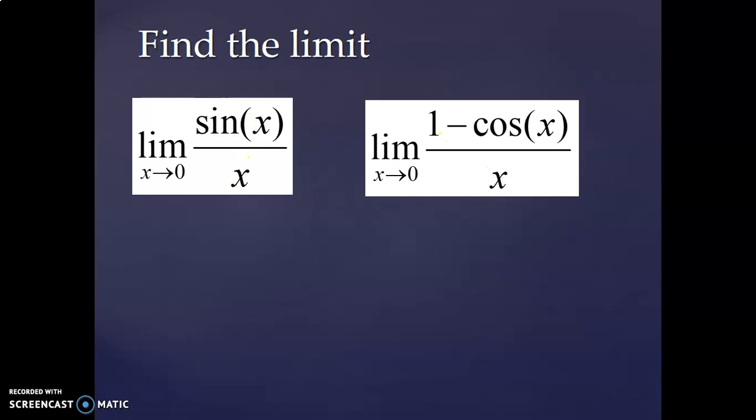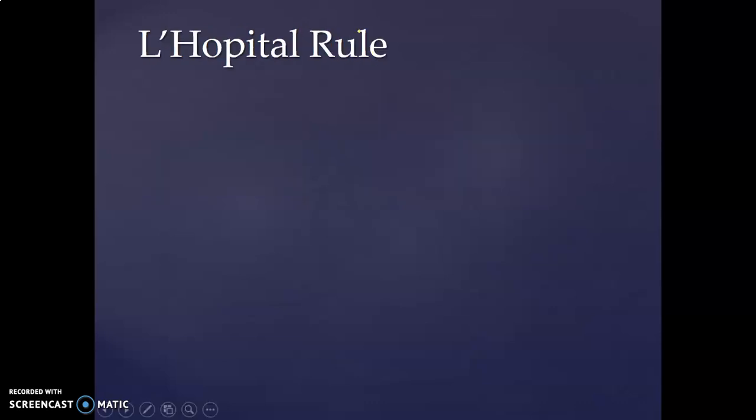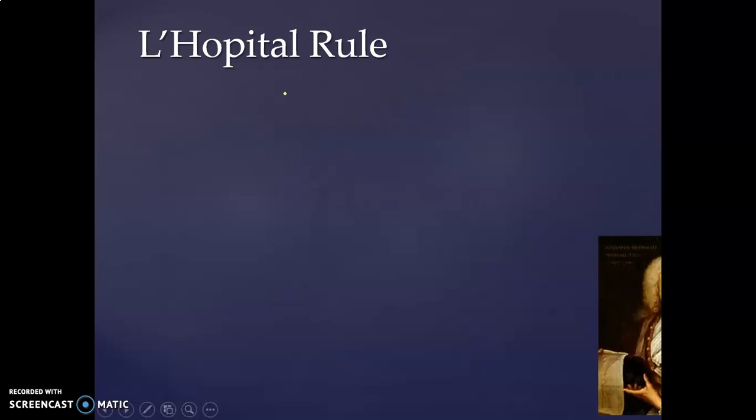Same idea over here. You'd get 1 minus cosine of 0 is 1. So 1 minus 1 is 0 divided by 0. So some problems can't be handled with factoring or multiplying by the conjugate or any of the other tricks. So if a problem can't be handled with some of the tricks we already learned last semester, if you get 0 over 0 or infinity over infinity, you can use what's called L'Hopital's Rule, which was